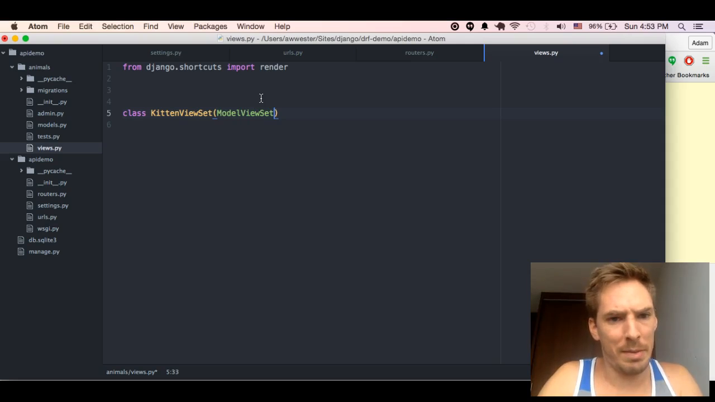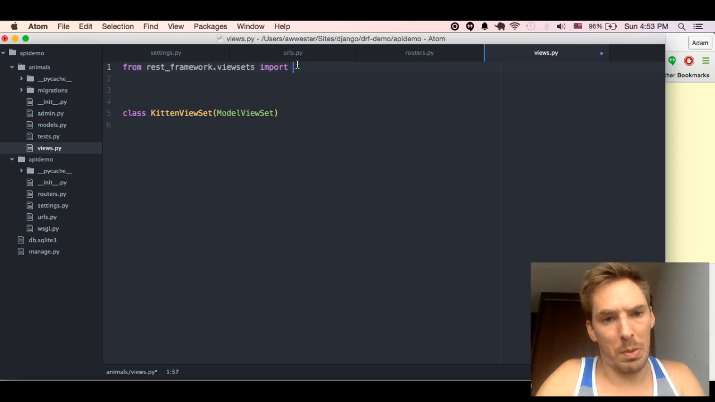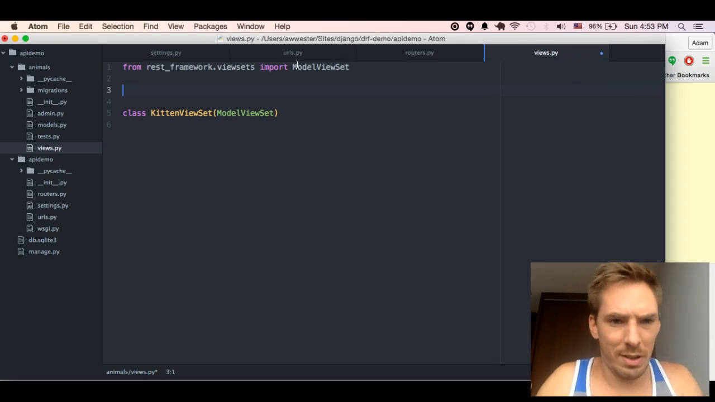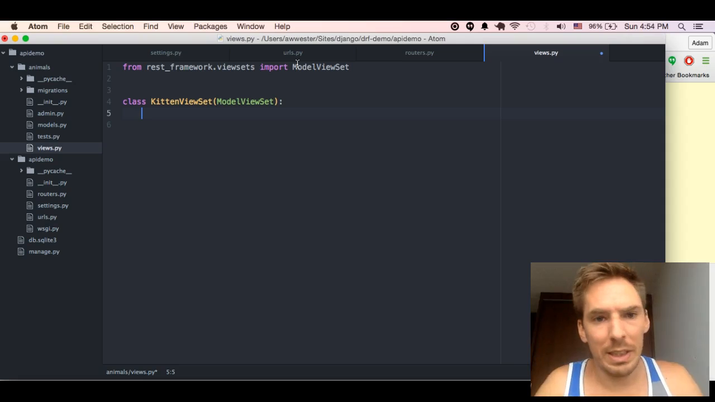Model view set maybe? From REST framework.viewsets import ModelViewSet. Okay, so here, this is going to set some